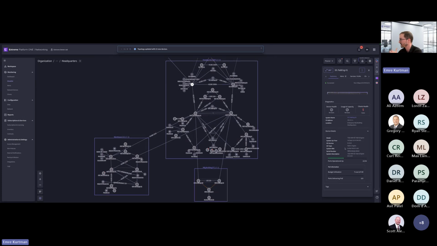You can have a quick glance of the operational ports compared to the number of ports, so that you can have an understanding. Okay, this switch basically doesn't have enough unused ports, so that you can do some planning accordingly.